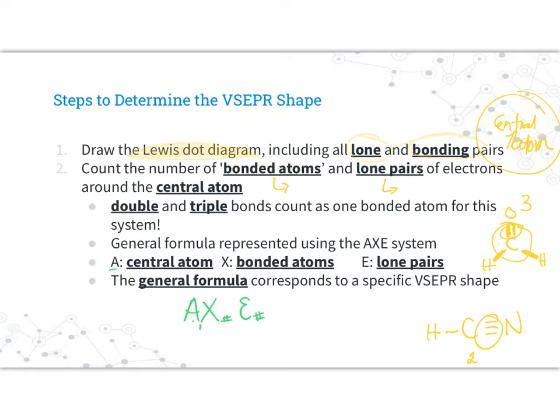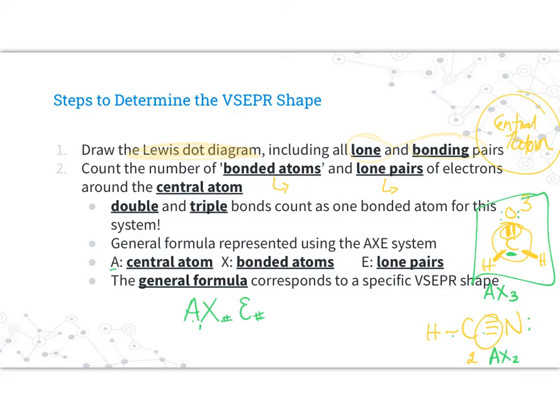So let's look at our first example here. Let's write the general formula. So the central atom is carbon. The number of bonded atoms to that central atom is 3. And there are no lone pairs on our central atom. There would be lone pairs on this oxygen here, but they don't count. They're not on our carbon atom. So E is 0, so we don't have to write it. Over here, we would have had AX2 because there are 2 bonded atoms, and no lone pairs on carbon